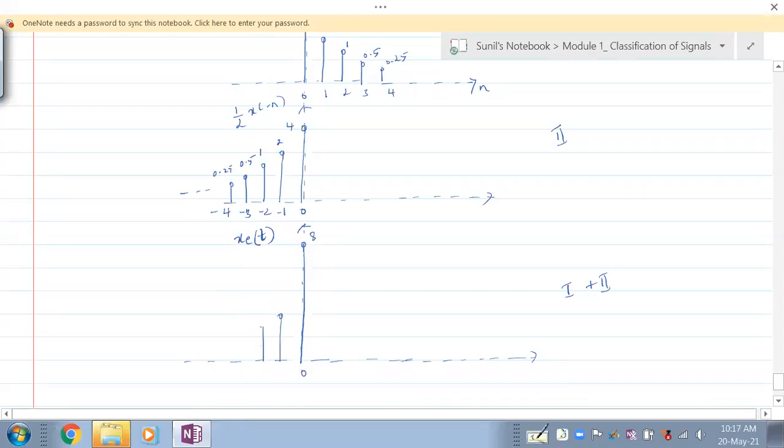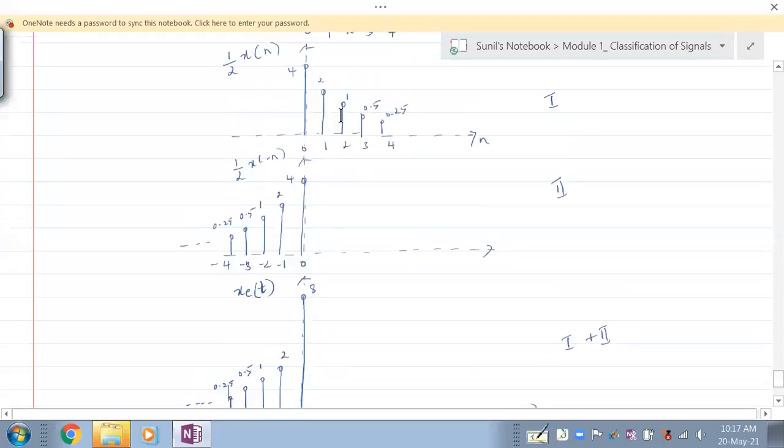Then 1, then 0.5, then 0.25. Okay, this keeps happening. So this is -1, -2, -3, -4. Understand that? So this is 8, 2, 1, 0.5, 0.25. On one side you'll have this, on the other side also you'll have the same thing,